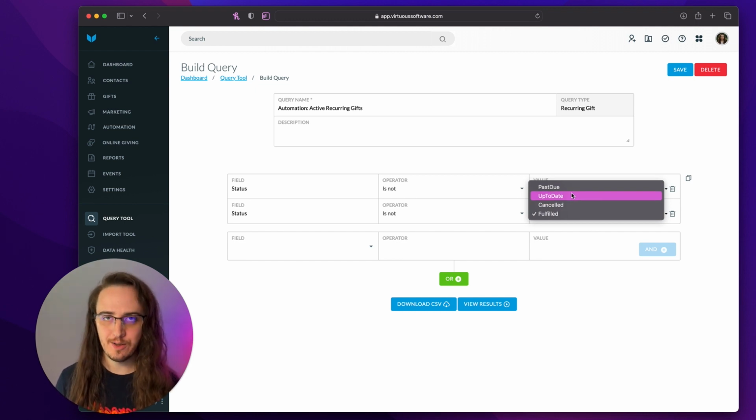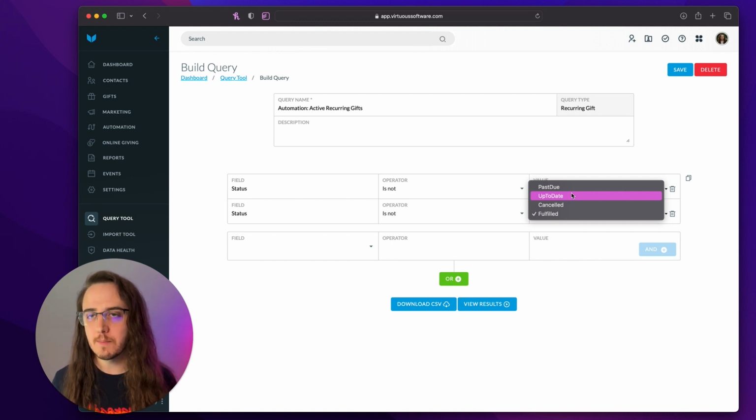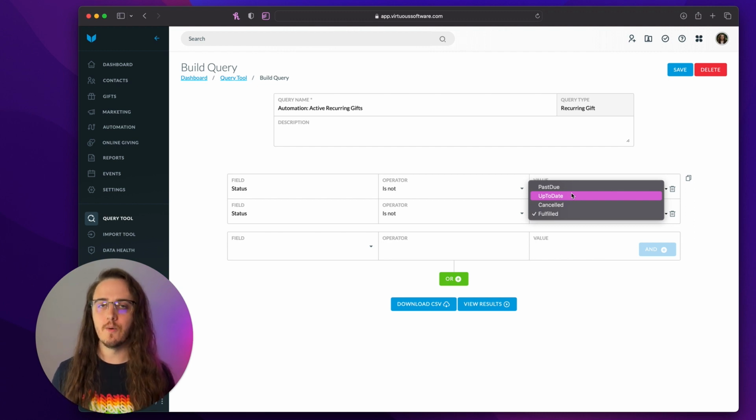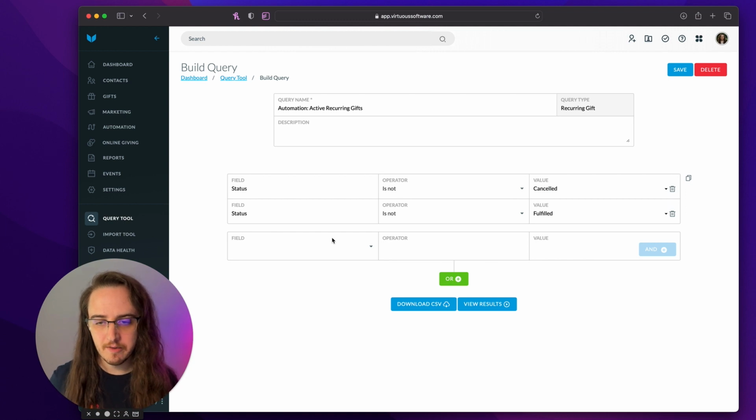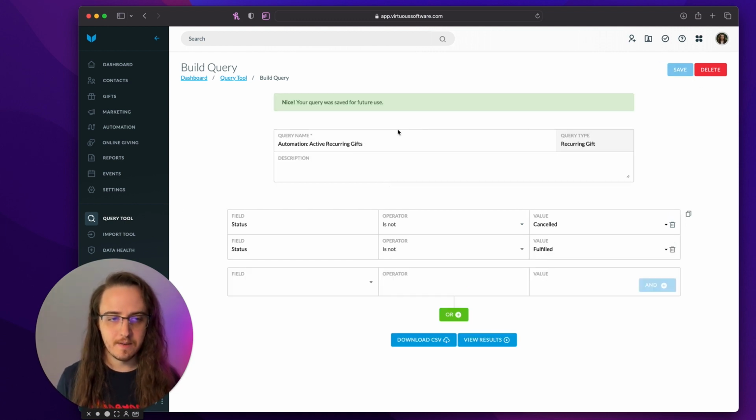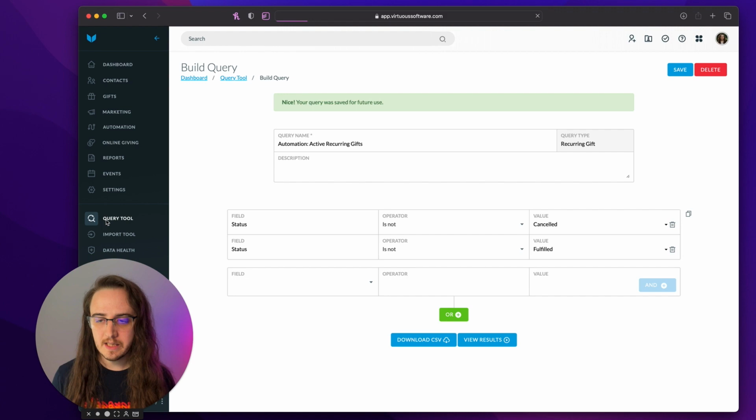Someone could be past due for a valid reason. Maybe their credit card expired, whatever the reason may be. If it is not up to date, but it is past due, it's not been canceled, we're still going to consider them an active recurring donor, and you're going to look at your past due recurring gifts and then cancel them if necessary. So this is all my active recurring gifts. So I'm going to save this. I'm going to go back to my query tool,